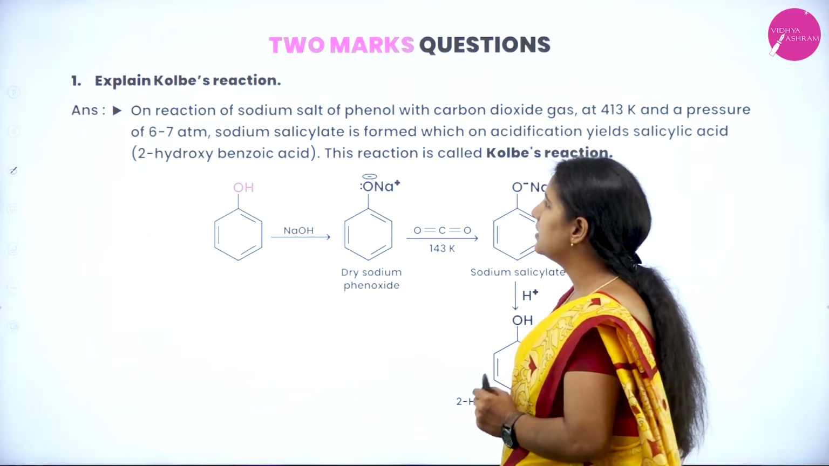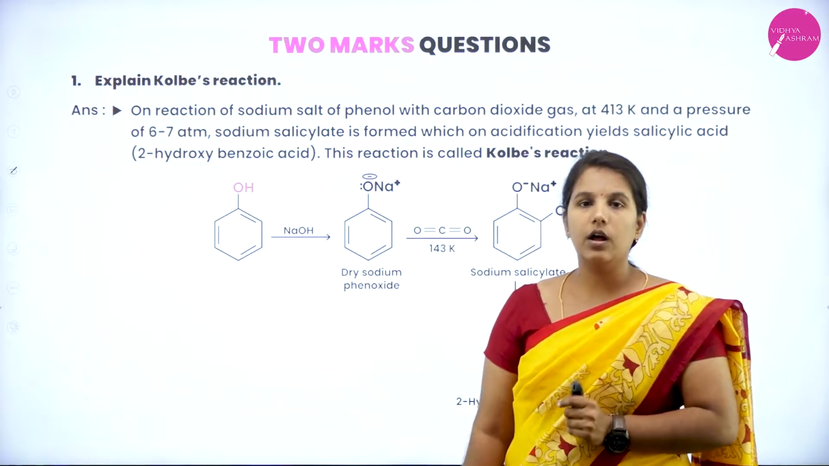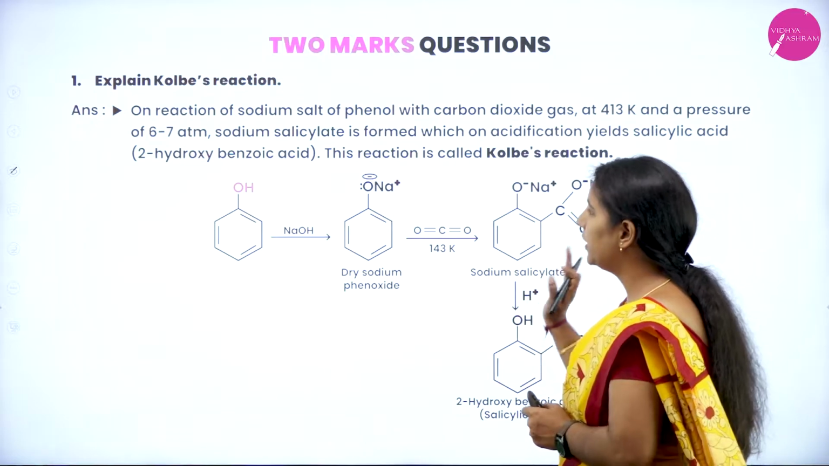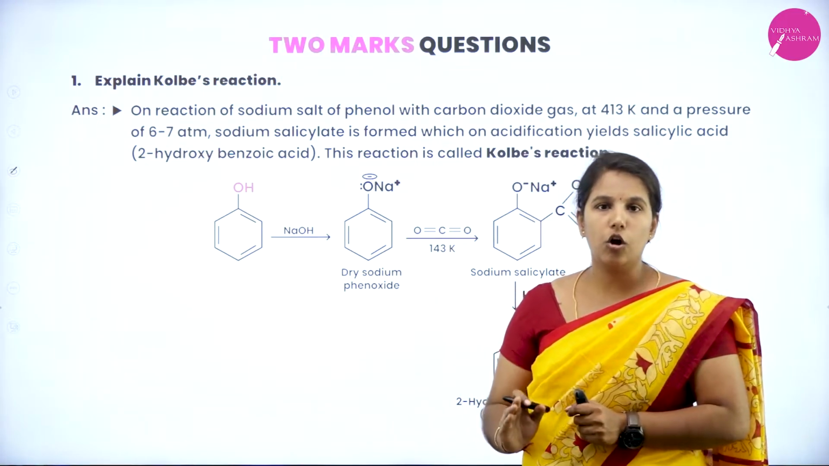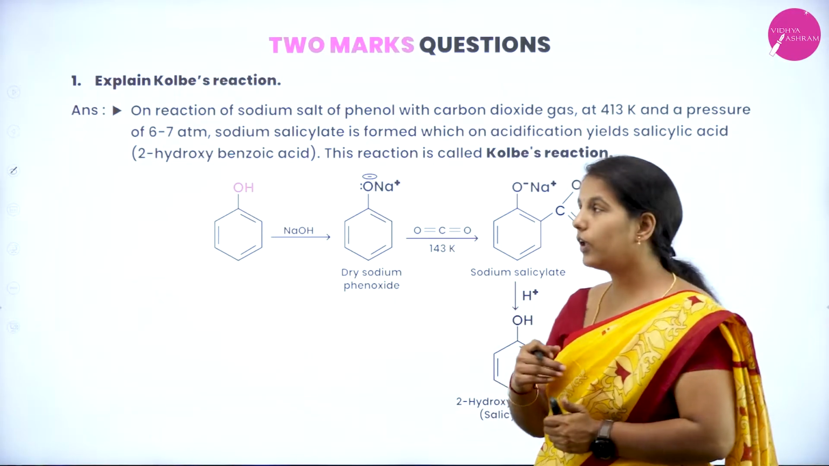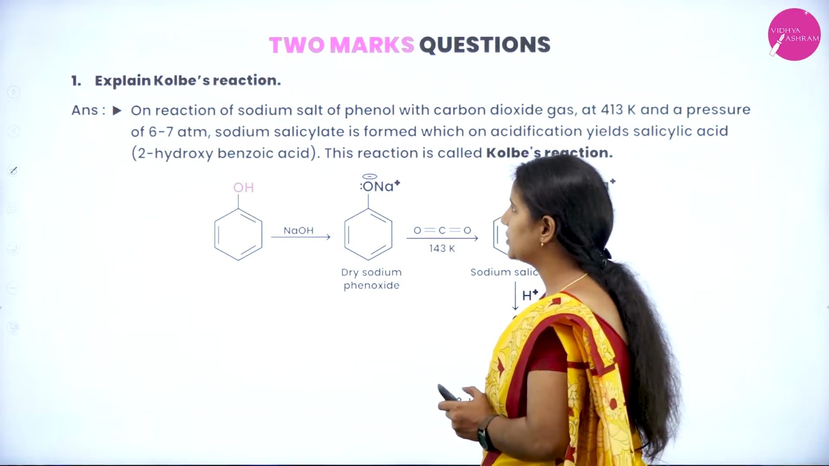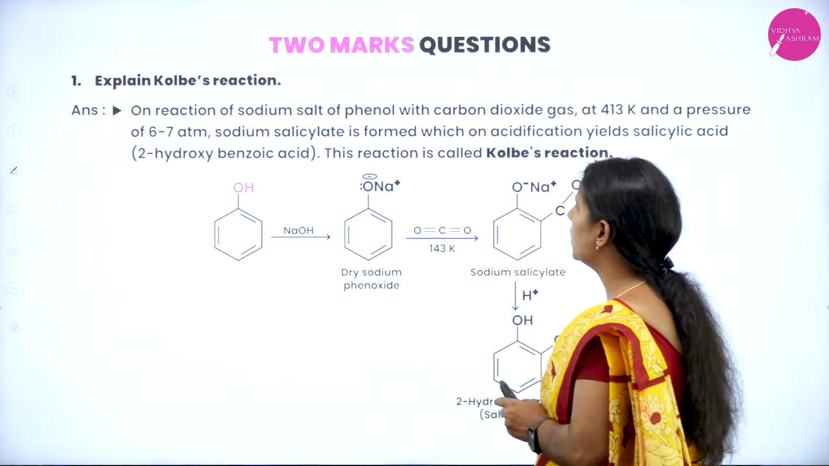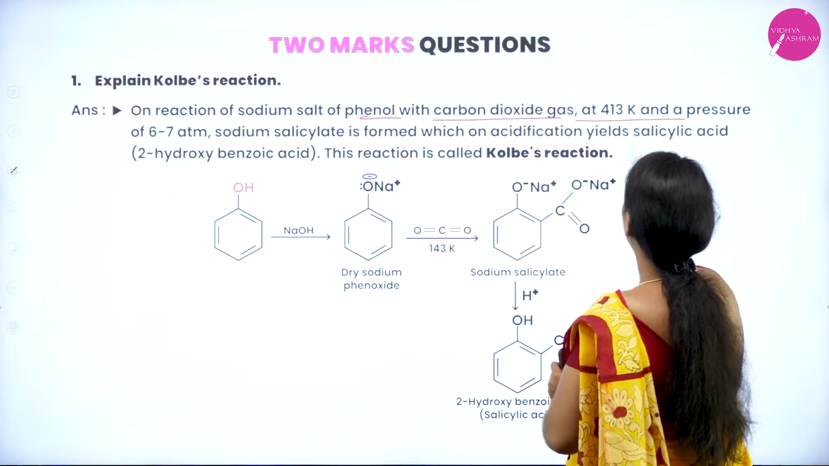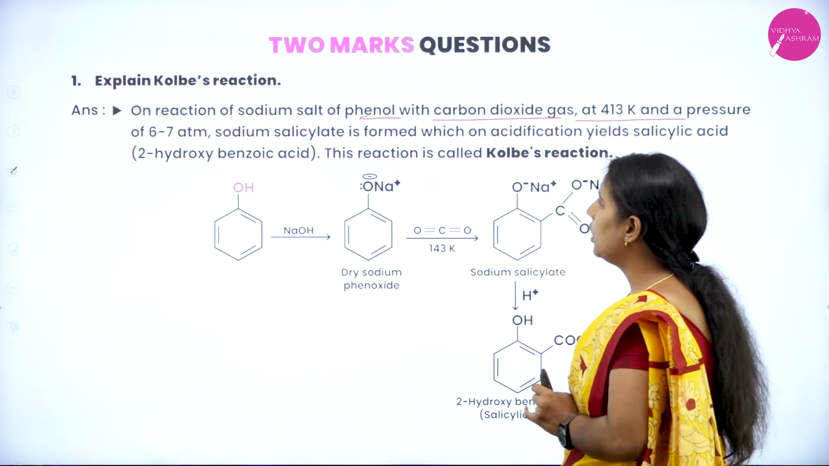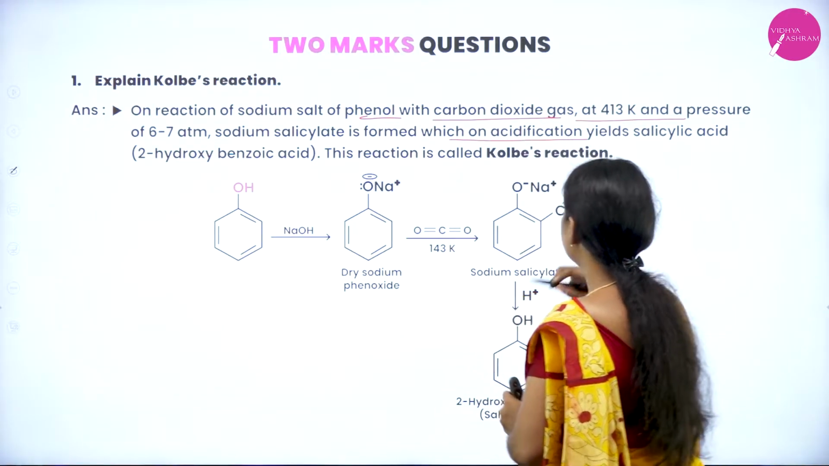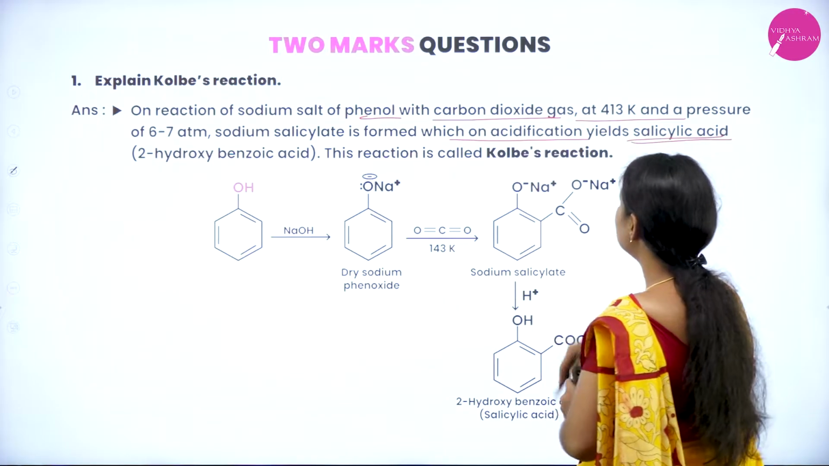Explain Kolbe's reaction. So in your alcohols, phenols and ethers, it is very much important to understand how these alcohols and phenols form different named reactions. First we'll see the Kolbe's reaction. On the reaction of sodium salt of phenol with carbon dioxide gas at 413 Kelvin and a pressure around 6 to 7 atmosphere, sodium salicylate will be formed, which upon acidification gives us salicylic acid,